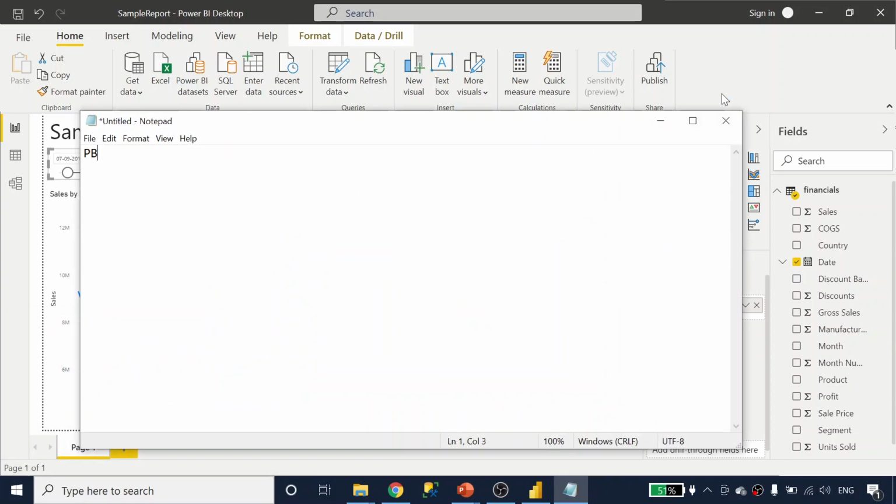So in Power BI there are totally three components. One is Power BI desktop. This will be useful to create reports. Another one is Power BI service. It is actually an online service, which is a type of SaaS, software as a service. So why do you need this online service?